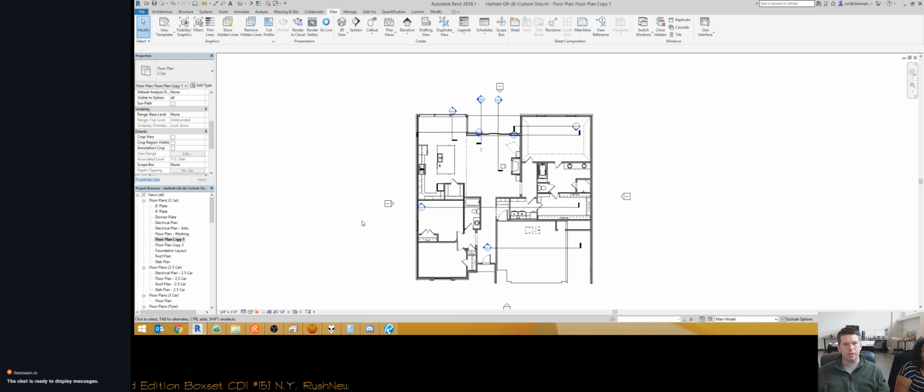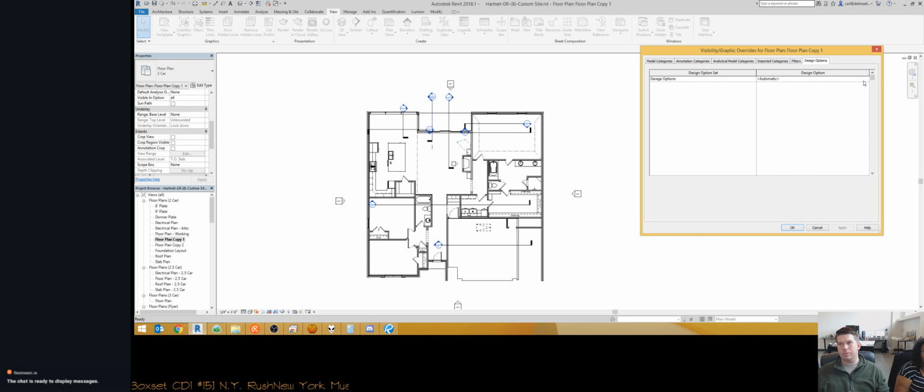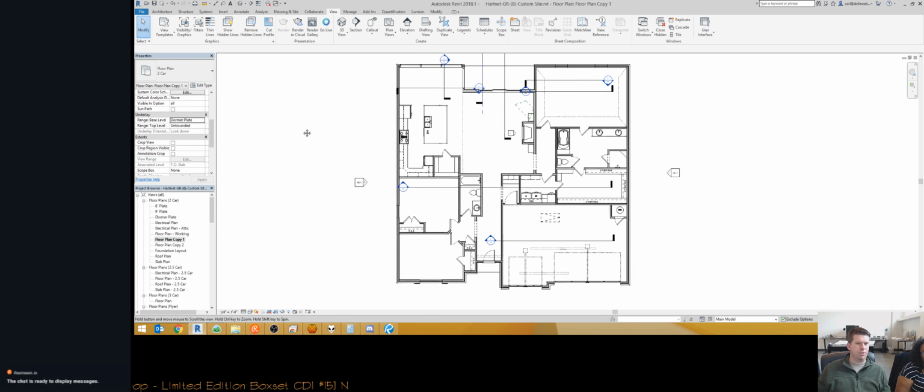And here. So underlays, they're a little bit weird, because they're reliant on how the view is set up and also how other views are set up. So if I want to do an underlay of this, all right, let's say underlay, we're going to do one from dormer plate, right? And that's going to show us,